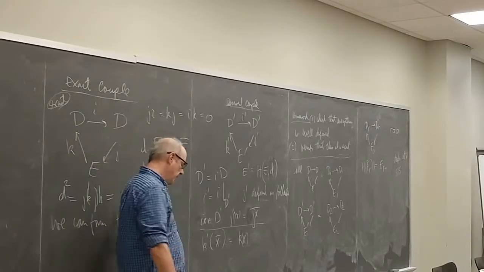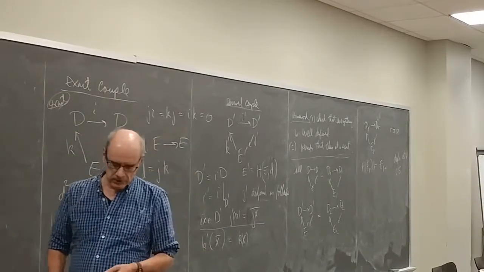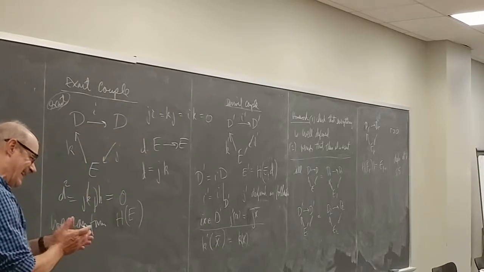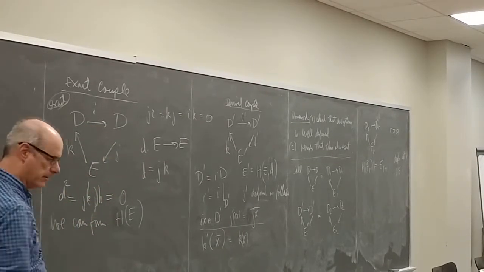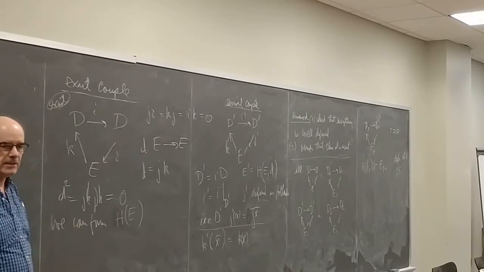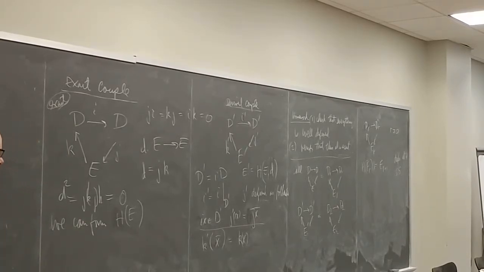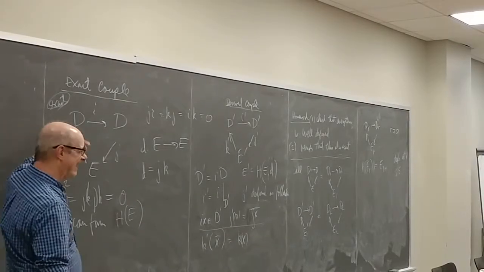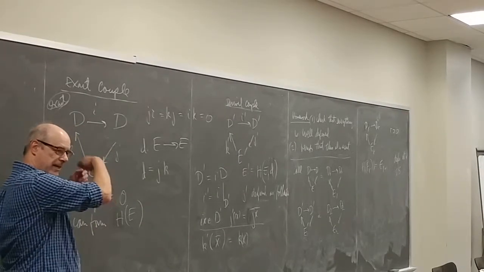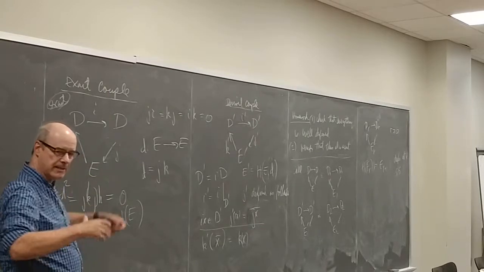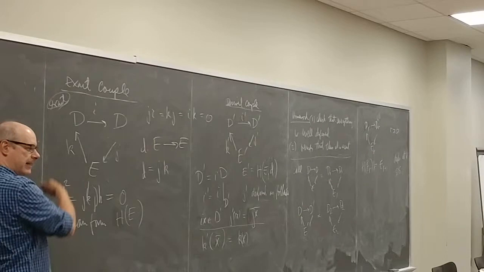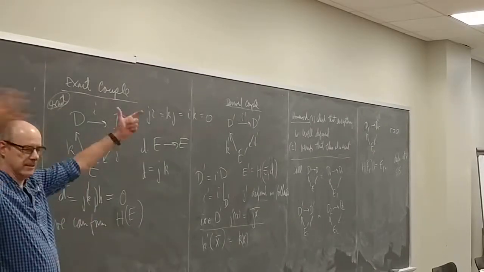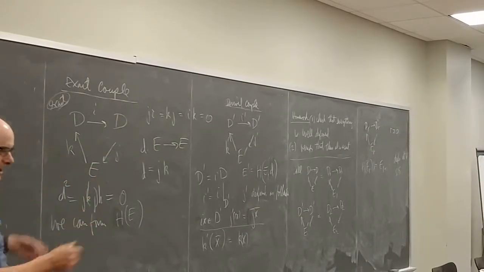But it turns out that really what you want to do is take the thing and explode it into a big diagram that you're going to chase through, and I'll do that in a few minutes. I like to call that an unraveled exact couple. So we're going to put a grading on this thing, and then you can think of it as a giant thing that's been very tightly coiled up into a little thing. And what we're going to do is snip it, and it's going to spring open into